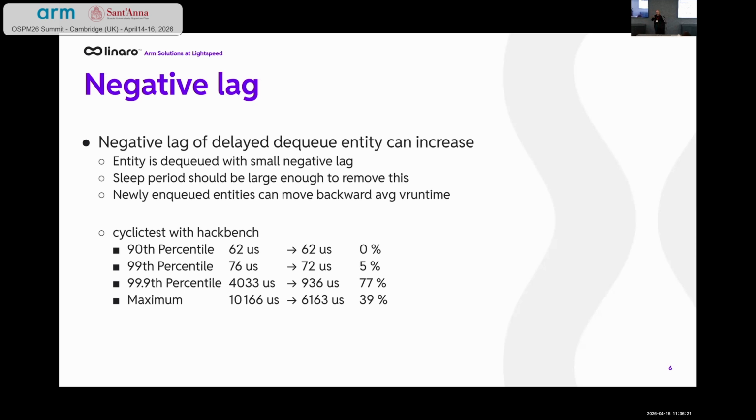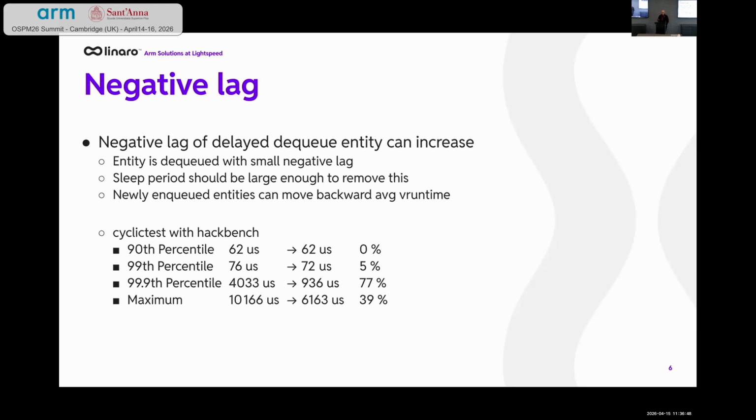And with some additional trace in the scheduler, you can easily understand why you are not preempting the running task. So the negative lag for delayed DQ is the first one. Before I saw that, it was something I never thought about, but yes. When you stay enqueued because you want to decrease your negative lag, it can happen that some new task enqueued